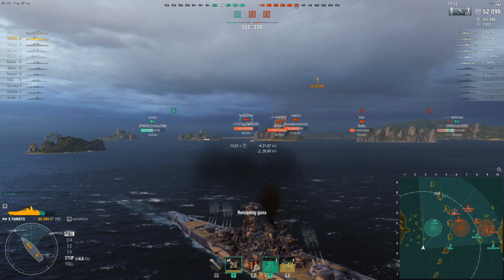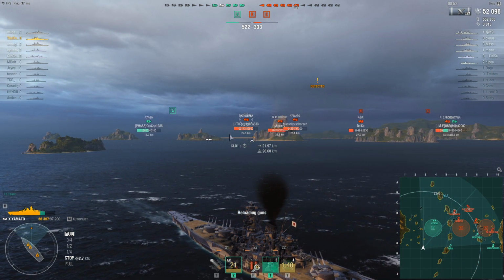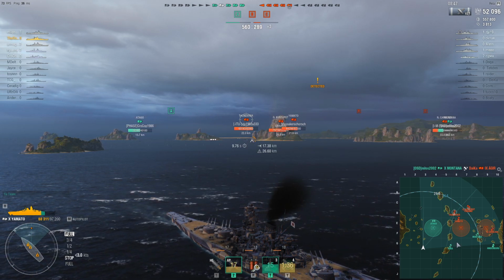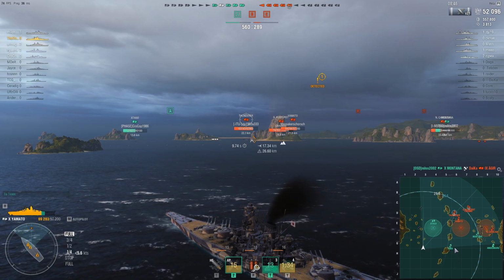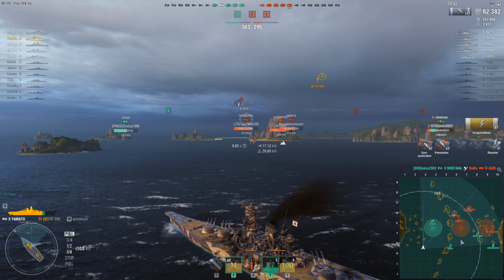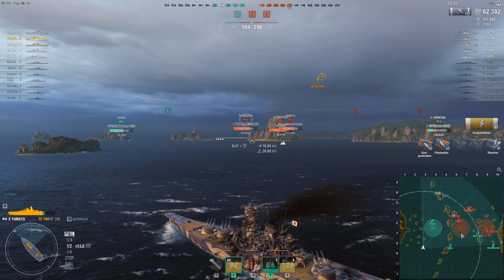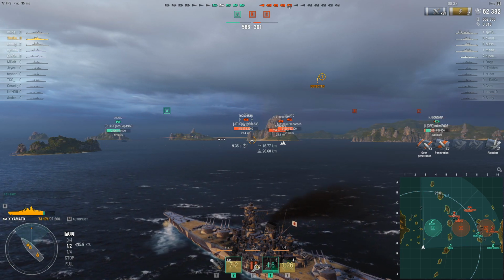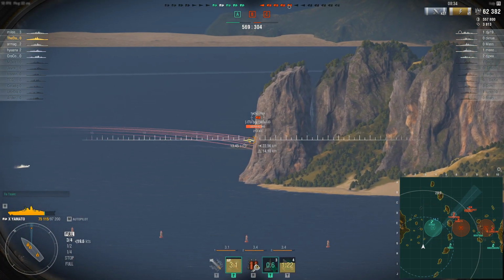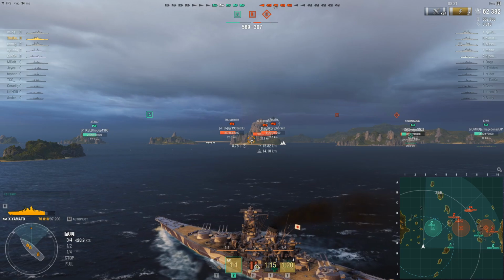I think the ideal scenario for the Yamato on this map is to spawn right here. If he spawns right here, it's so beautiful, because you can just accelerate here and you have perfect fire from like 15 kilometers on both flanks. So that's probably the best spot you could spawn in the entire game, if you're doing this kind of wacky challenge. But otherwise,